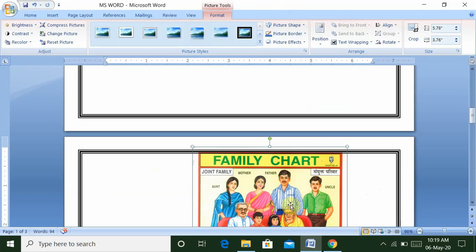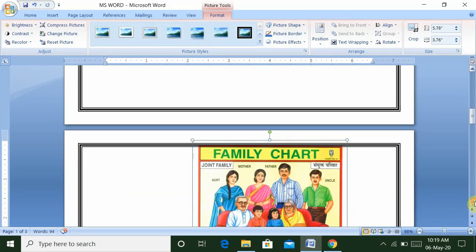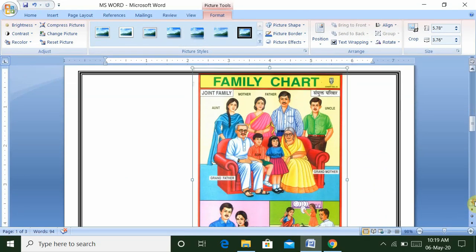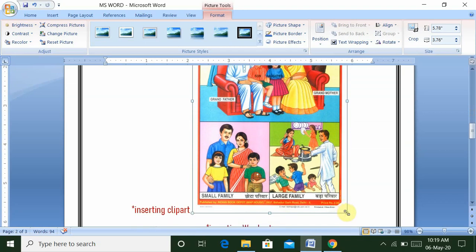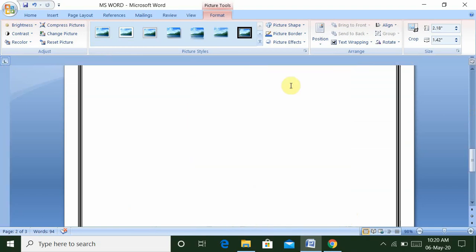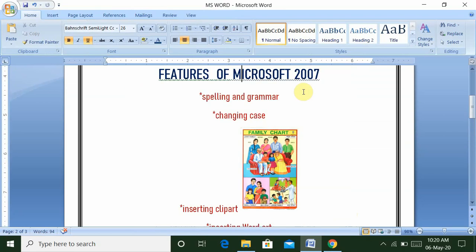Move the cursor to the down area, select it and go to manage its size. Yes, as you look, this is your inserted picture.